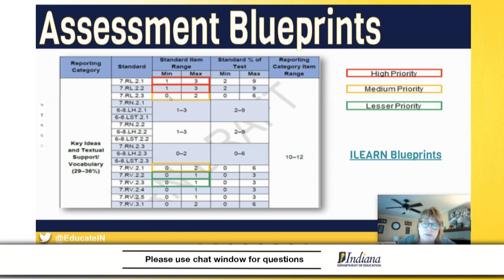What the 0 in the minimum range means is that not every student every year will have a question from that standard, but some students could have up to 2 questions. So we still need to make sure we've given some attention to that, but maybe not as much as the standard that everyone's going to encounter. Then you'll notice the green boxes, the 0 to 1, following that same logic. Not every student every year will encounter that standard, but some students could encounter up to 1, depending on how